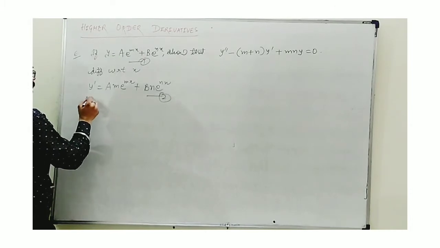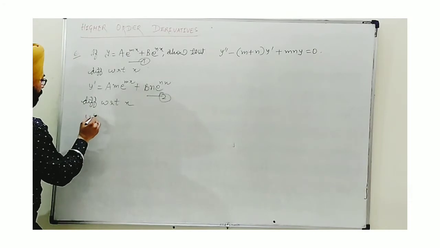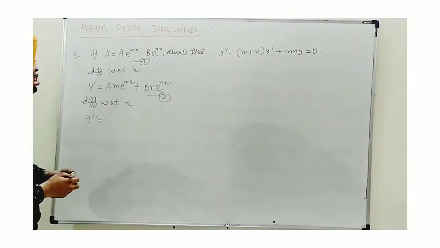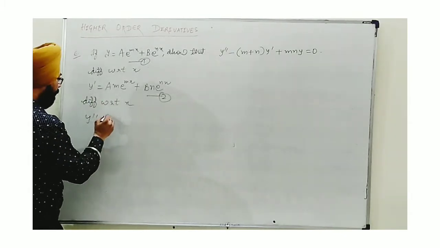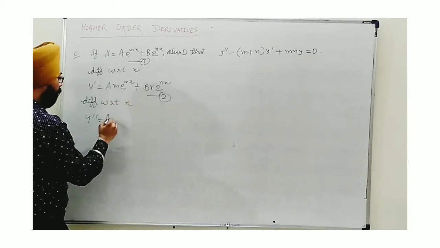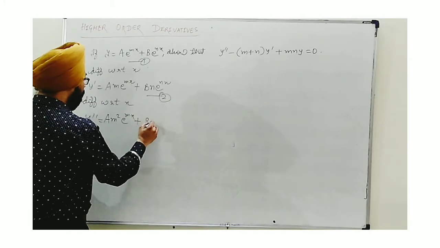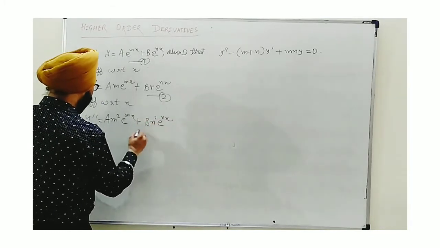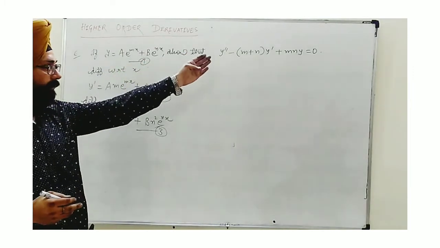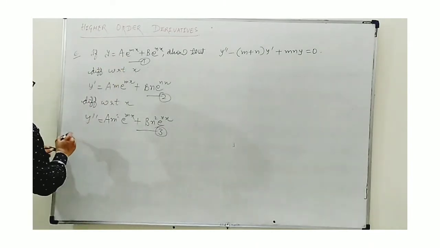Now differentiating with respect to x once again, we find y double dash, but as we see the pattern is not changed, this is the expanded form as it is, so we can do it term by term. So this a and m constants are there, and e to the power mx once again differentiated becomes m square e to the power mx, plus this term b n square e to the power nx. This is 3. Now as I see that we need y double dash, y dash and y to put in LHS, from 1 to 3 we can put those values in LHS.